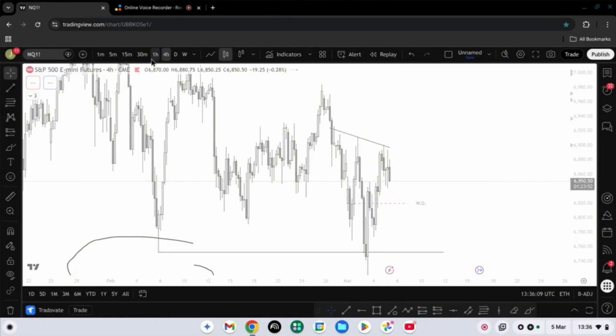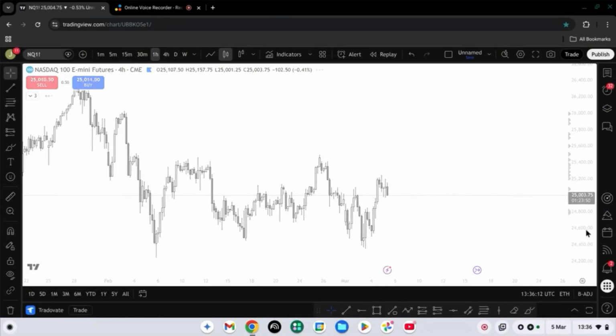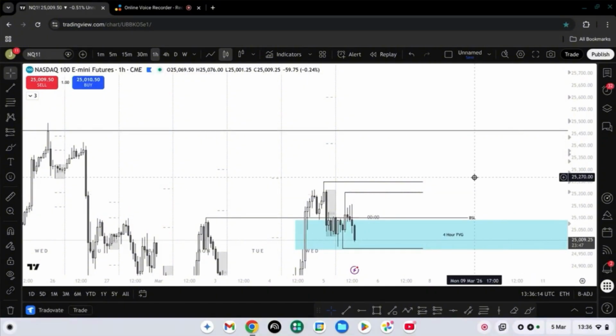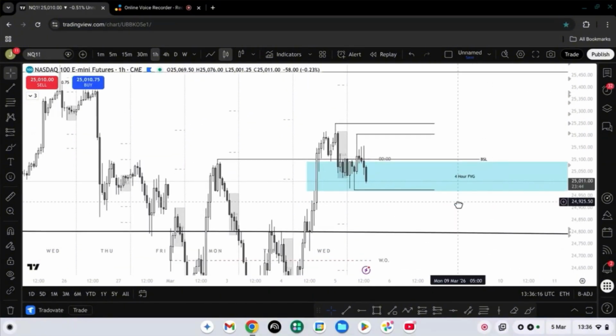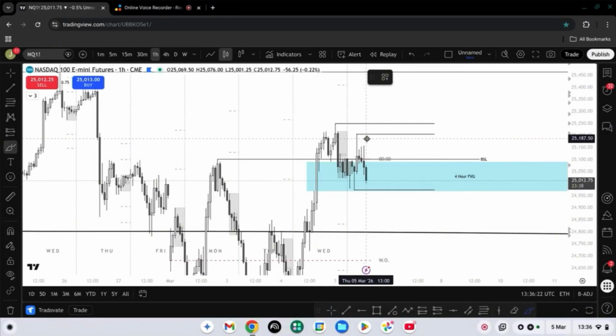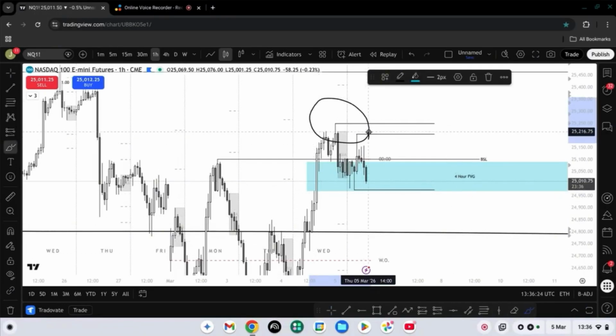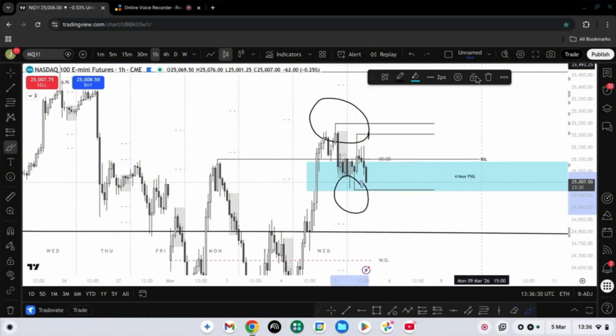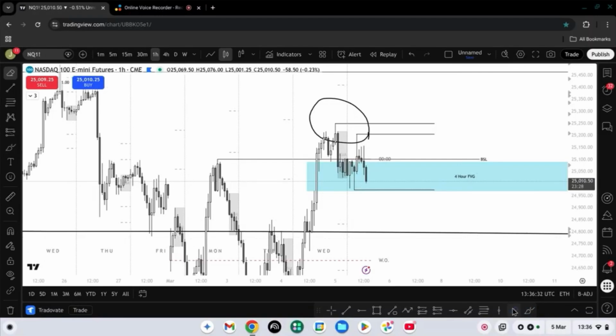Just to sum that up, I'm expecting lower prices, but doesn't mean I'm absolutely 100% sure they're going to happen. So I'll be looking to either spot a swing failure pattern at these highs and get in short, or maybe have a short-term buy position if you get a bullish swing failure pattern. So that's all I'm going to be looking for. Interesting to see if any of those happen.